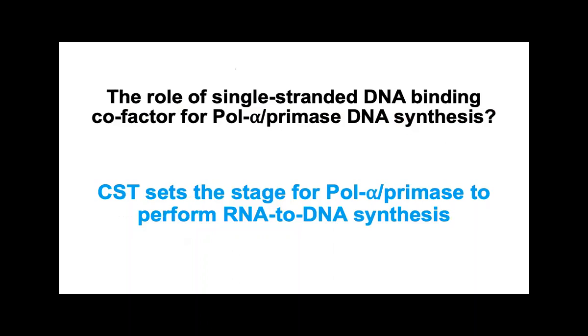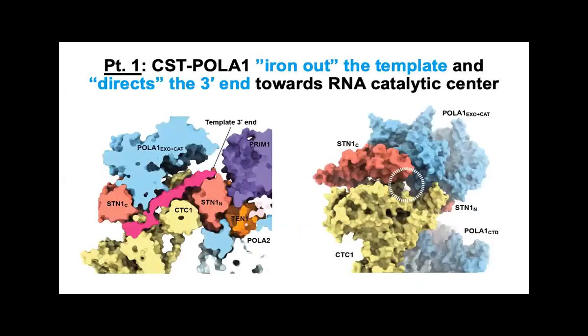So going back to the role of single-stranded DNA binding protein, which is a natural cofactor for Pol-a primase. So what is the role, right? It stimulates Pol-a primase activity. What we actually saw, in a single punchline, is that this CST sets the stage for Pol-a primase to perform RNA-DNA synthesis. The first point I'm trying to show just by looking at the structure is that this CST, together with the help of the Pol-a1, is actually able to clamp the DNA template, right? Basically iron out the template, and it really directs the 3' end of the template